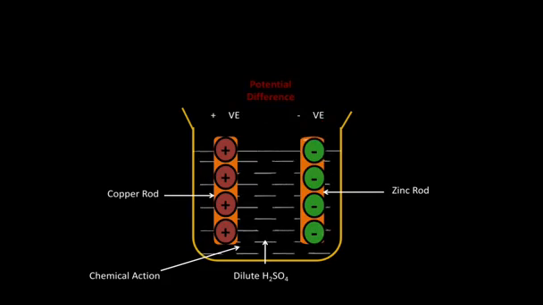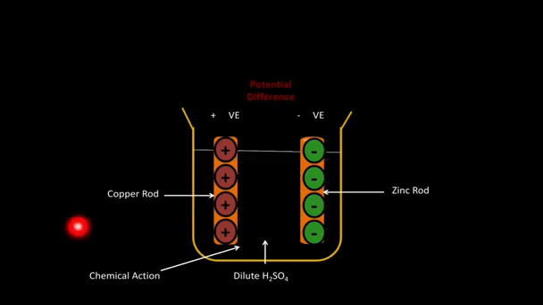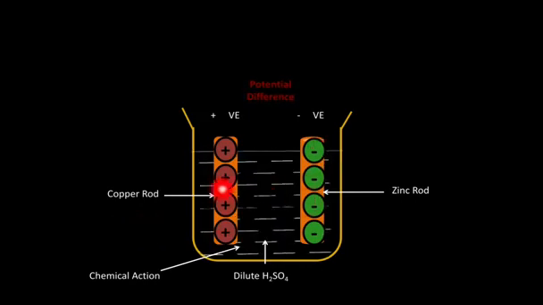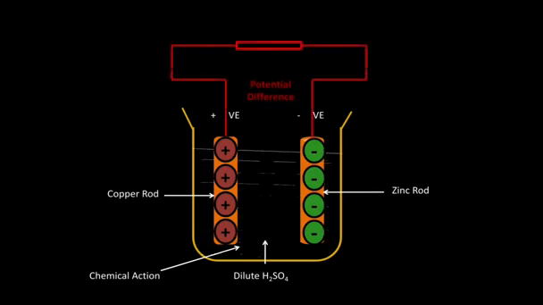Now there is always a force of attraction between two opposite charges. These positive charges are attracting these negative charges, but the flow of electrons from the zinc rod to the copper rod is not possible because of the chemical action. The chemical action is restricting the flow of electrons from the zinc rod to the copper rod, but still there is a force of attraction between these two terminals, positive and negative. Now we will do one thing. If we connect these two terminals externally by using a wire, then what can happen?